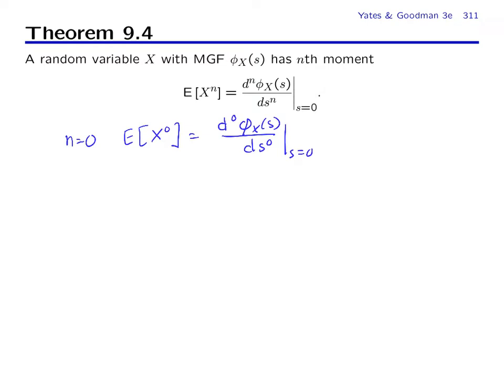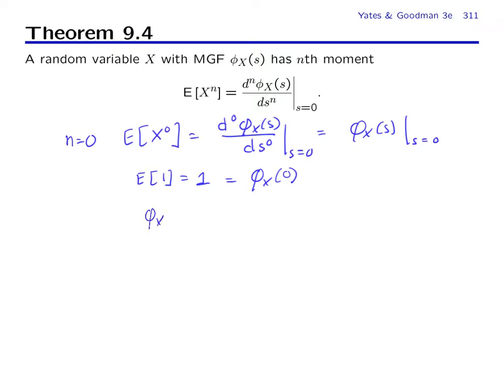But perhaps you don't remember, the 0th derivative is no derivative at all. So we in fact have the moment generating function at s equals 0. And on the left side, we have X to the 0, which is 1. So we have actually E of 1, which of course has to be 1. And on the right side, we have phi_X of 0. So the theorem tells us the moment generating function at 0 is always equal to 1. And in some way, we already knew that